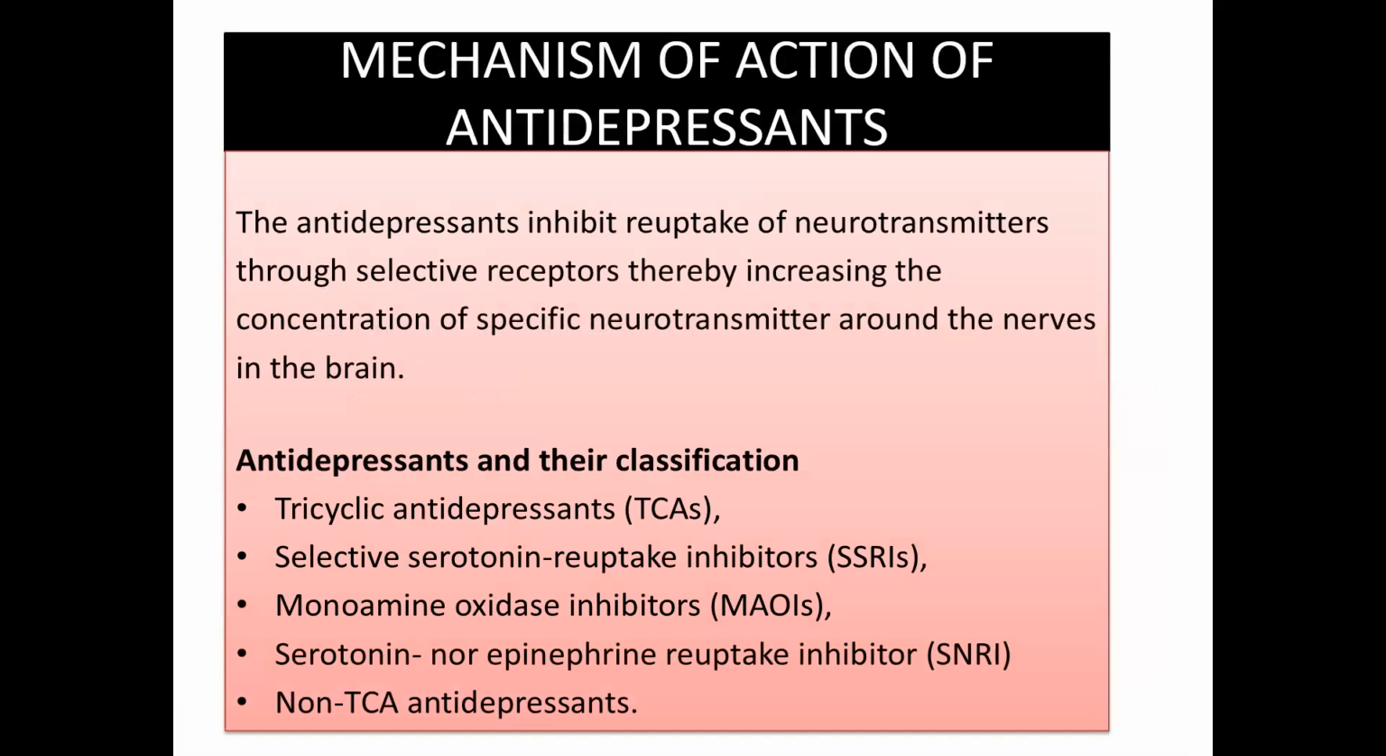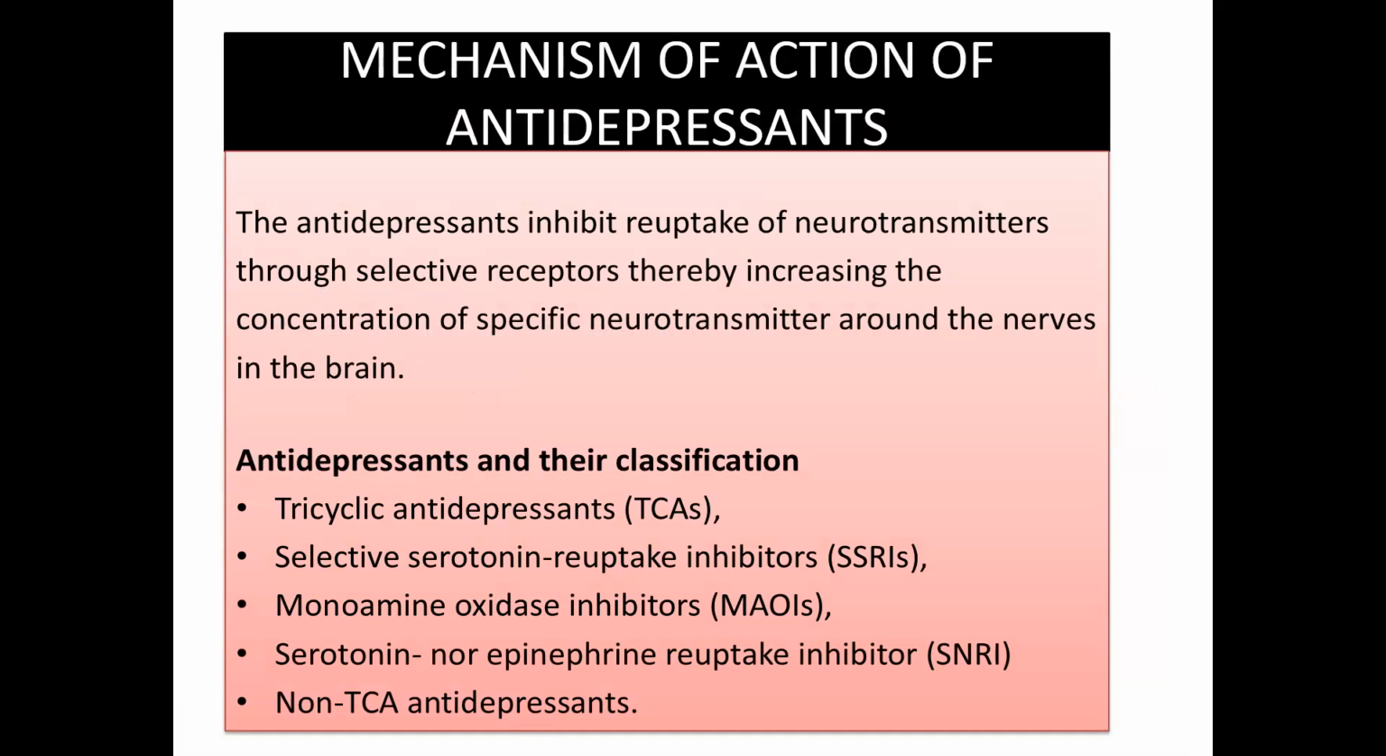Mechanism of actions of antidepressants. The antidepressants inhibit reuptake of neurotransmitters through selective receptors, thereby increasing the concentration of specific neurotransmitter around the nerves in the brain. Antidepressants and their classifications: tricyclic antidepressants, selective serotonin reuptake inhibitors,